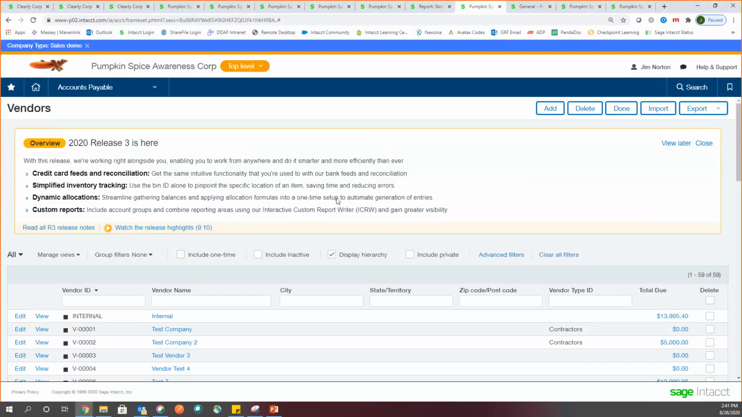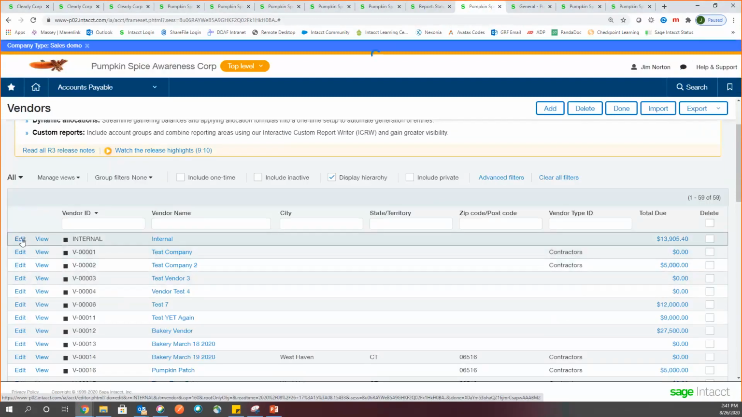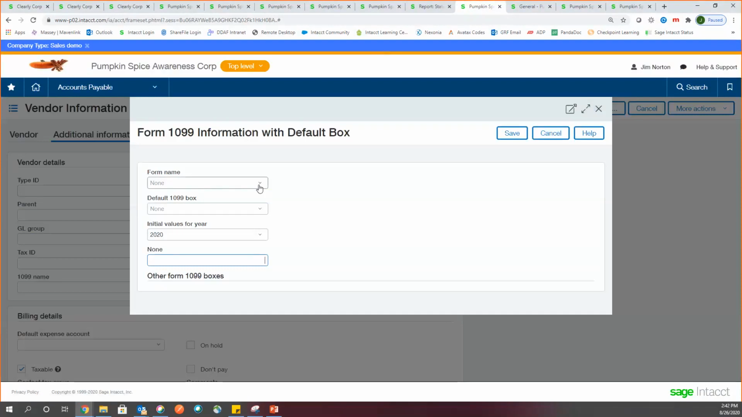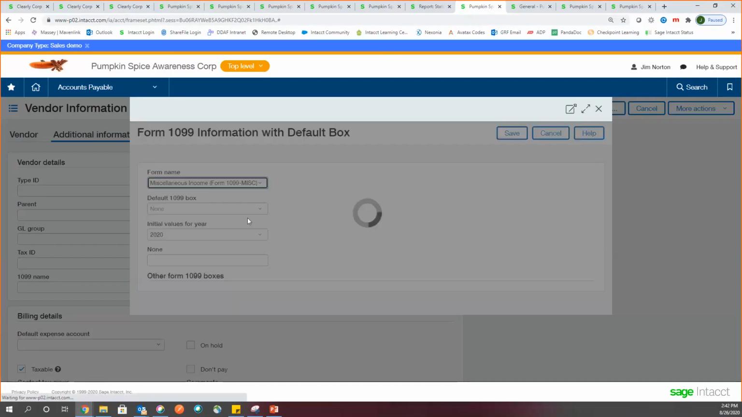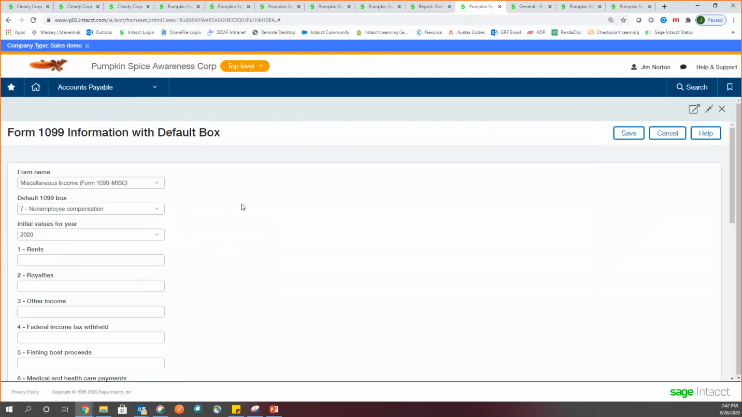So one of the methods you have available to you to make these changes is editing the vendor record. Notice if I edit a vendor, come over to additional information, and I click the Form 1099 hyperlink. Right now, 1099 miscellaneous box 7 is still there. I don't want to say it's useless, but it kind of is useless because by the time that you have to file your 1099s in January 2021, this is not going to be there